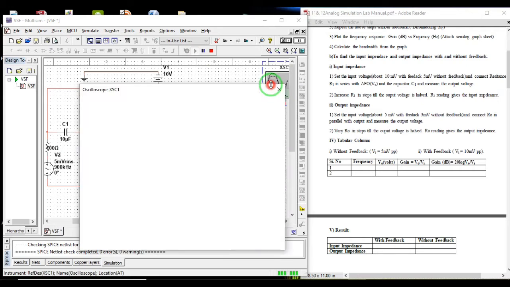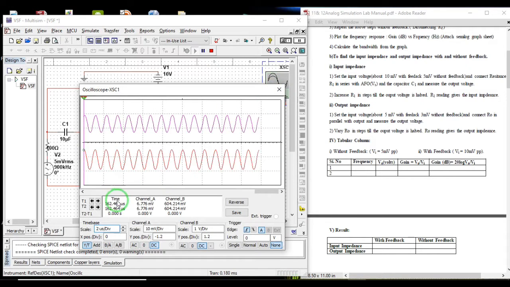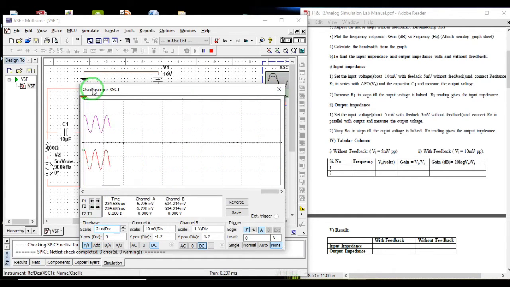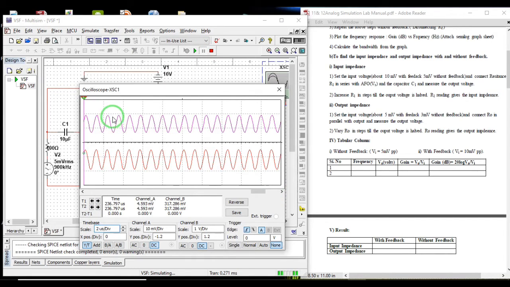Run it. Pause it and measure the signal. So it has slightly reduced now. Yes, earlier it was 1.27, now it is 1.17.